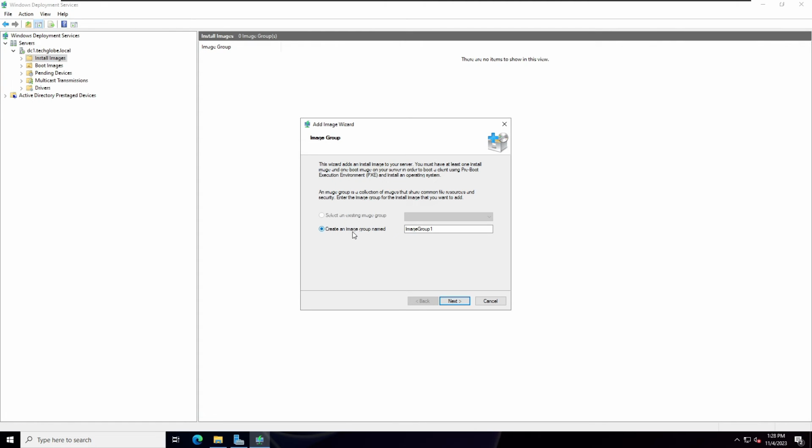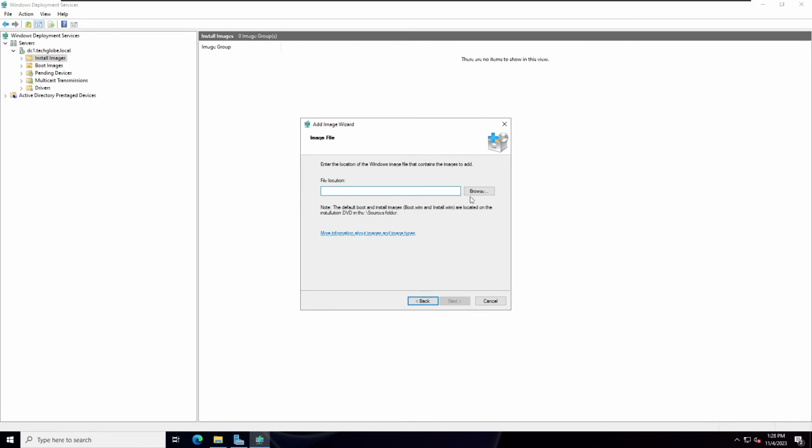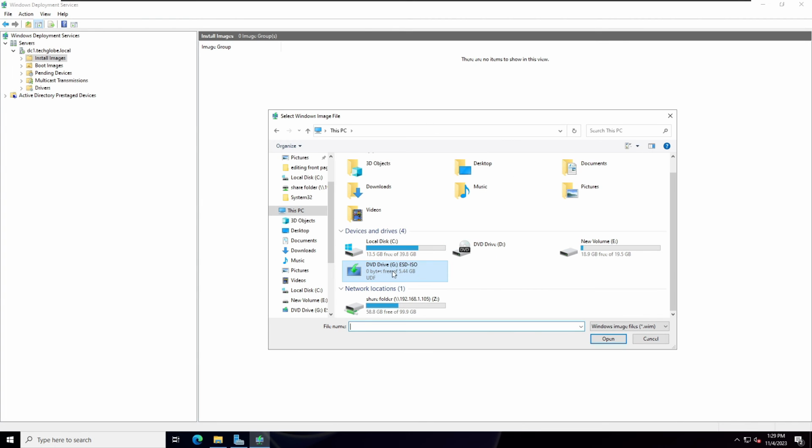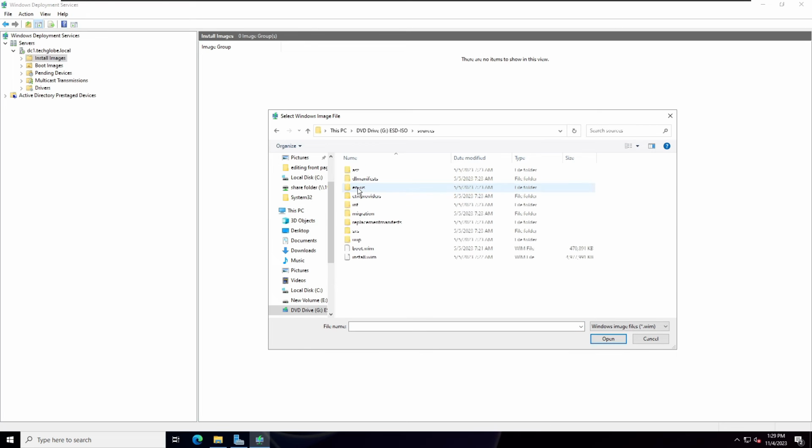And now I'm going to click on Install Images, right click and Add Install Image. Create an image group named, by default Image Group 1 is added. Here also you can change the name. Alright, so I'm selecting the default name and click Next. And for the file location, click on Browse. Again that DVD drive I'm going to select and click on Sources, and this time click on